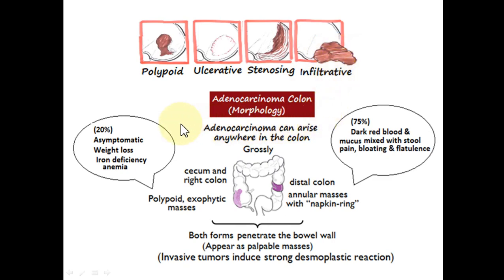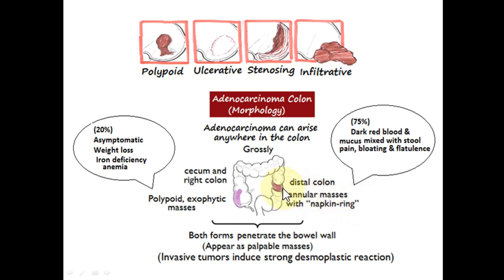Two morphologic types of colorectal cancer are well known. However, adenocarcinoma can arise in any part of the colon. There is no area excluded. But most commonly, it takes one of the two forms. The most common form is the one that arises in the descending colon. In this type of colonic cancer, it involves the colonic wall circumferentially all around the lumen, and they will form annular masses known as the napkin ring,